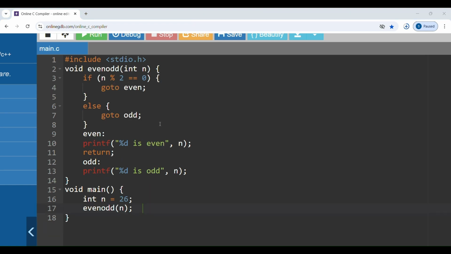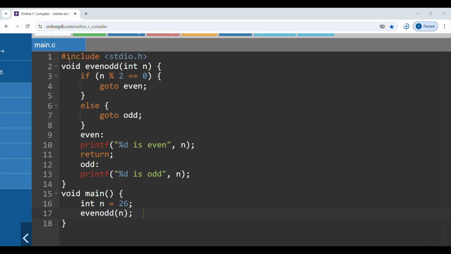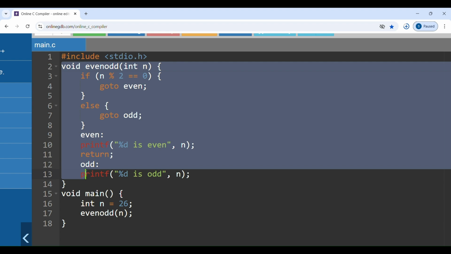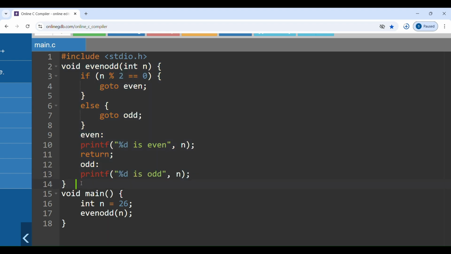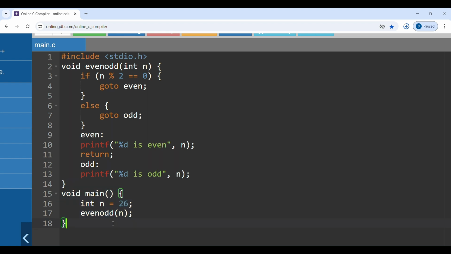Yes, I have completed the editing, and now you can see the program. This is the very first line, and this is a function called even odd. Here comes the main function where the execution starts. The execution starts from this main function, and here we are creating a variable n with the value